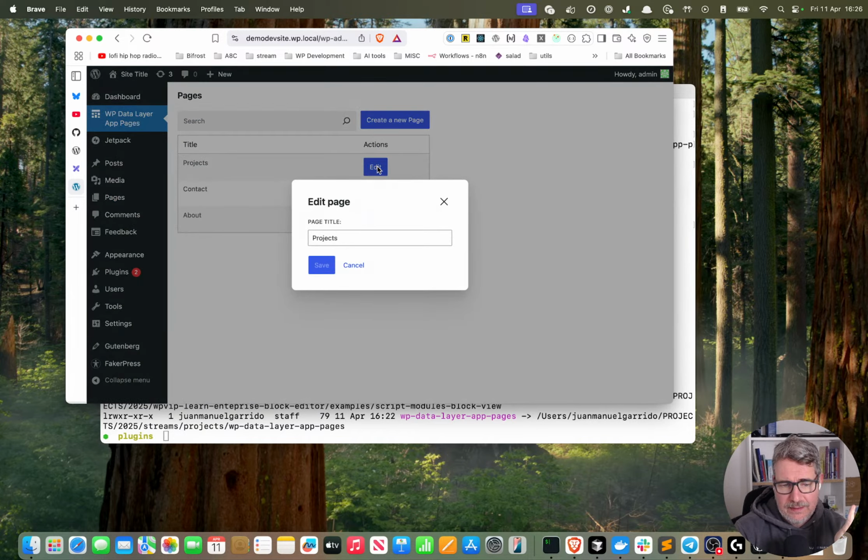And let's review a little bit the application. So in the index, we are injecting our React application in WP Data Layer app pages, which is the ID. It is the ID we have created here, and is the ID that is available here as well. Where is it? Here. So here's our React application. Then we have the app,